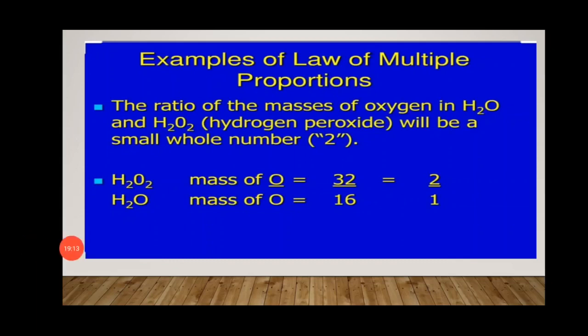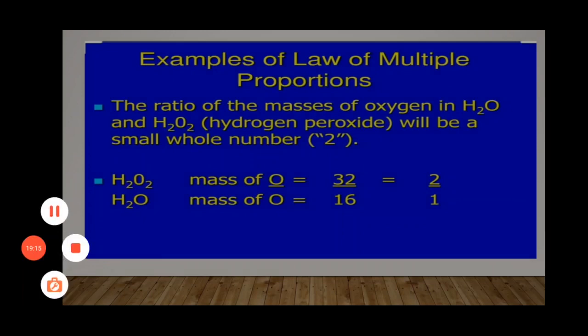That thing only I am trying to explain. It's not necessary that during a chemical reaction only one chemical compound gets formed. It depends upon the percentage of one of the reacting elements. If we change the amount of the second element, we are able to get a new chemical compound, and that law is known as the law of multiple proportion.